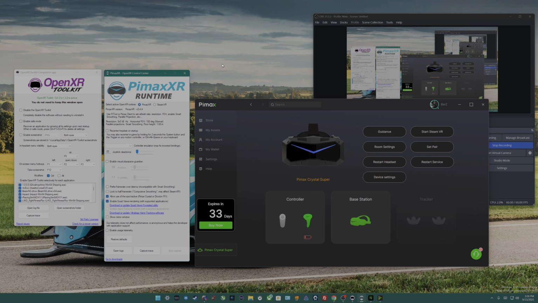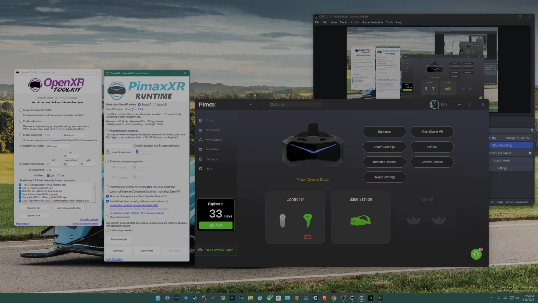You can even turn on the eye tracking colors that pop up for each eye so you can see that it's moving. That's how I actually determined that when I was using Pimax XR, it wasn't using eye tracking. So once I switched it with this, I was able to get eye tracking, and then you have a whole new set of headroom that you can unlock by adjusting the amount that's in focus and the quality of what's